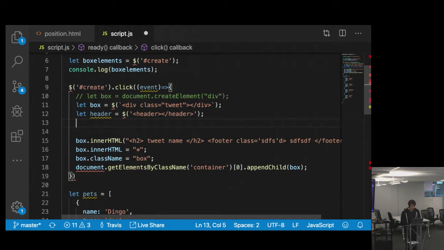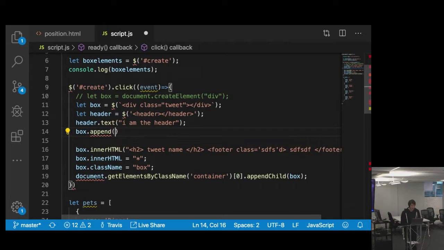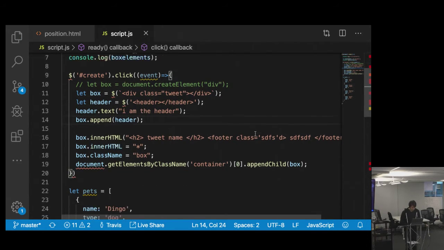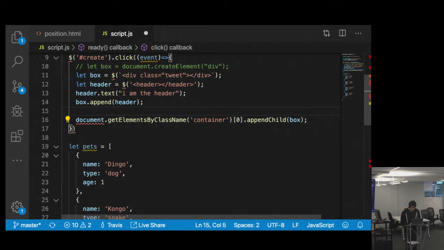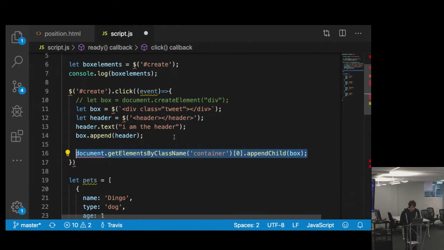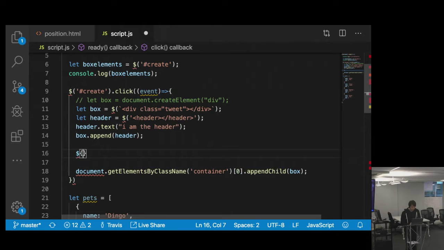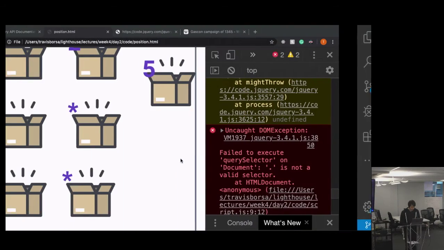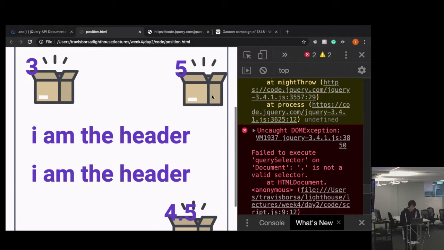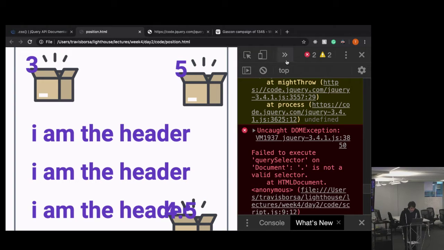And then to the stuff isn't really styled. But if we look at it,